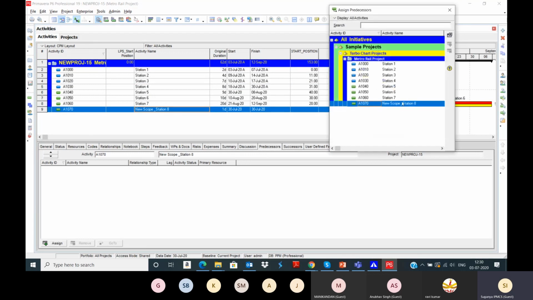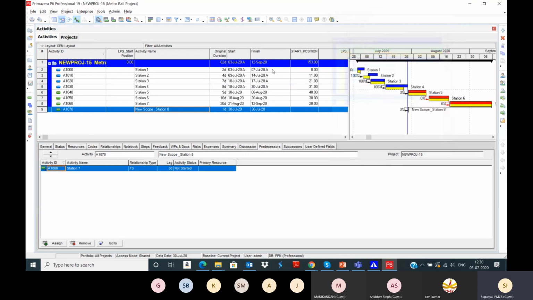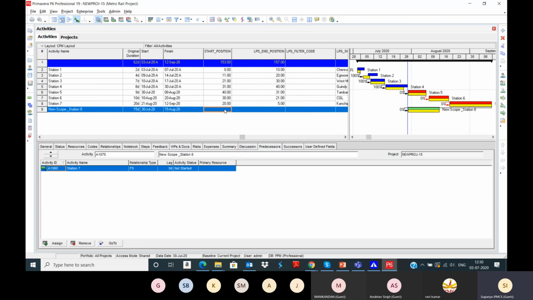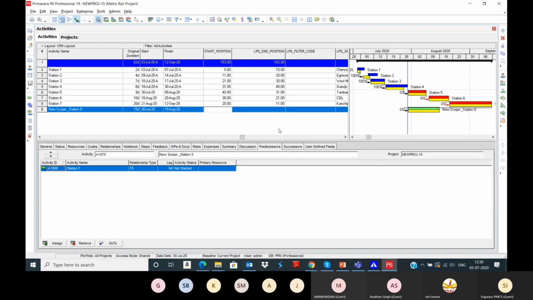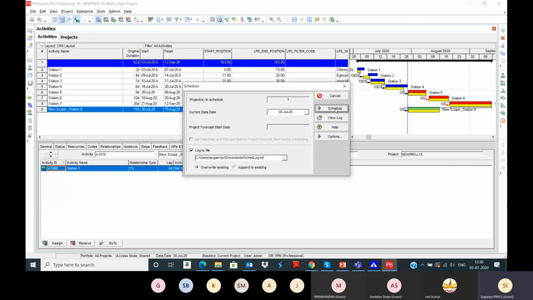So station 7 will be the predecessor for this, and then you can give the relationship type, duration, enter the start and end position. Then schedule it.